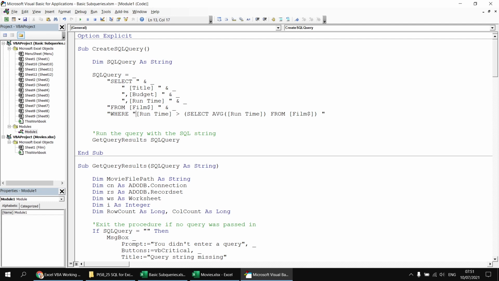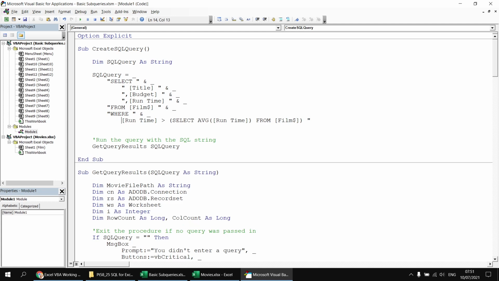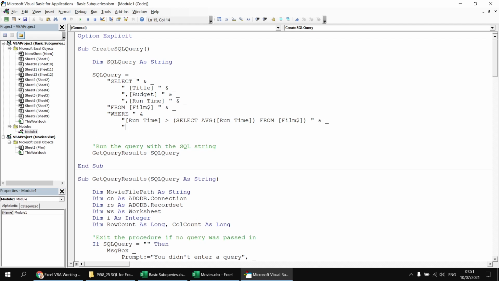I'm just going to take the first criterion down to the next line, so I'll break this using a continuation character. And then I've got where the runtime is greater than the average runtime. And then at the end of that line, add a new continuation character. And then in a new set of double quotes, we're going to say and then refer to the budget column is greater than, and then we need to calculate the average budget from the film table. So let's just copy and paste the subquery,